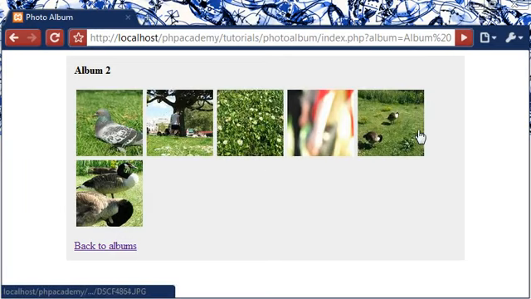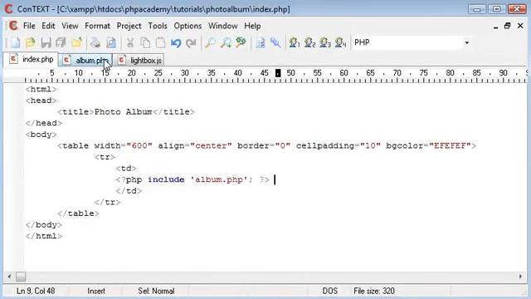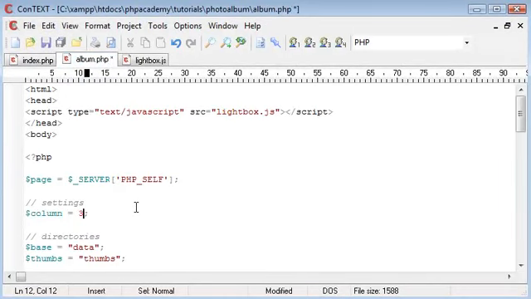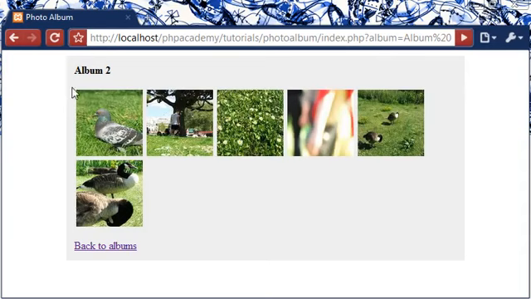Yeah, so the lightbox pops up. If I was to come into the code and change the column to 3, say you had a slightly narrower page than I'm working with now. You can see this grey border or grey background for this table here. If you had a slightly narrower table or a slightly narrower area that you wanted to put them in,